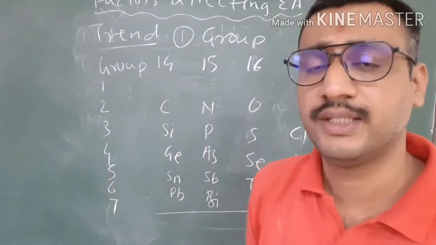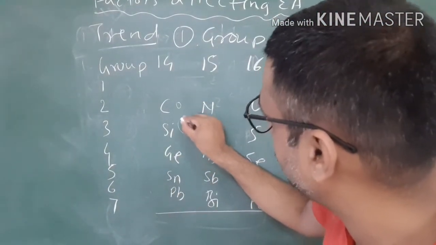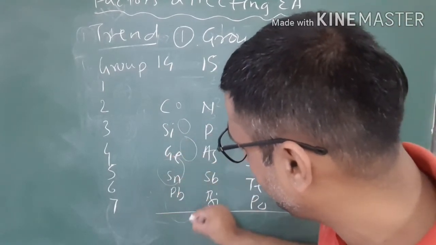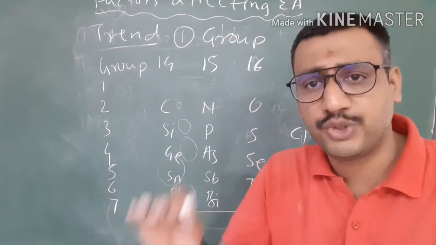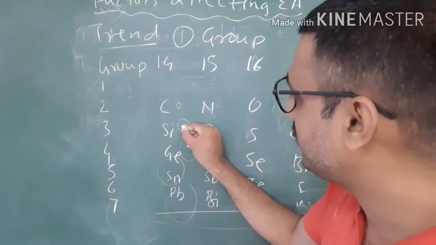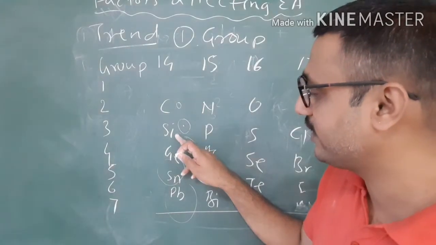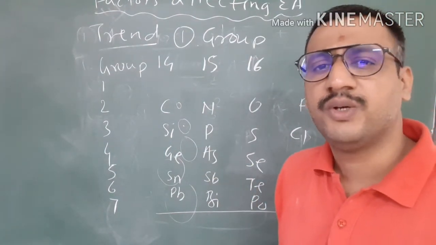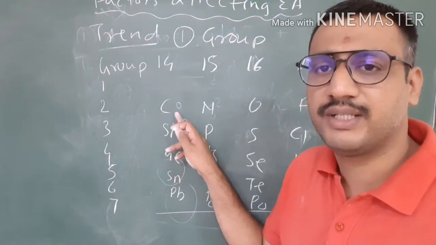What is the reason? See, what I am saying is, we are expecting that as compared to carbon, silicon is bigger, as compared to silicon, germanium is bigger, as compared to germanium, tin, and as compared to tin, lead is bigger in size. So top to bottom electron affinity should decrease. But practically what is happening is that the electron affinity of silicon is the highest among all of these, and after silicon, the electron affinity of carbon. The question is, why is the electron affinity of silicon greater than that of carbon?